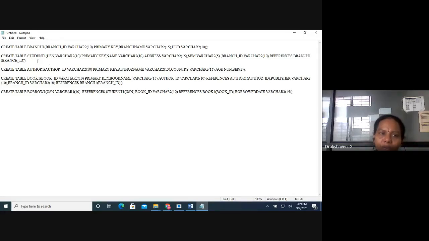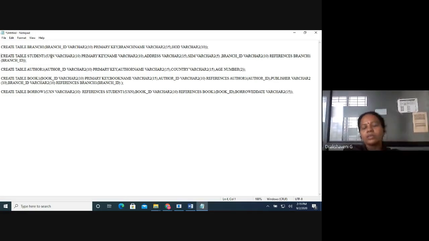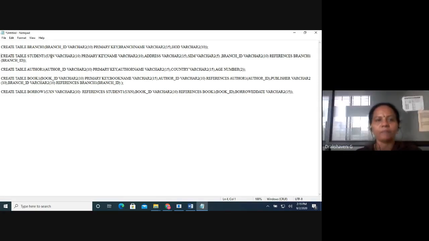Next we are creating one more table called student. In student, what are the columns? In your syllabus, they have already told what columns should be there. They told that you should have a column called USN. How is your USN number? You have 1BY19MCA1. So the data is a mix of letters and numbers. In that case, we give USN followed by primary key. As I told, your USNs will be unique. No student will have two USNs, and two students cannot have the same USN. That's the reason it is a primary key.